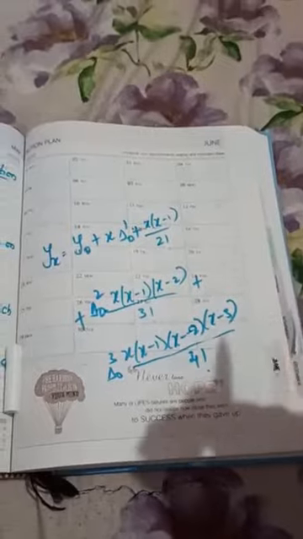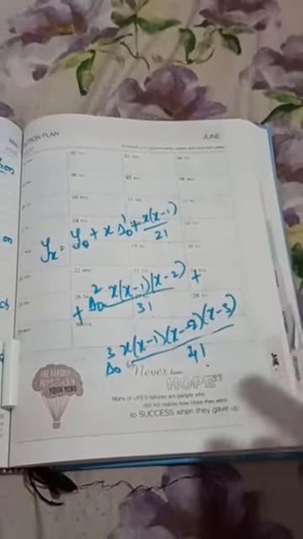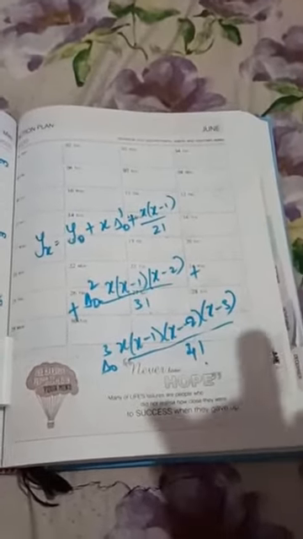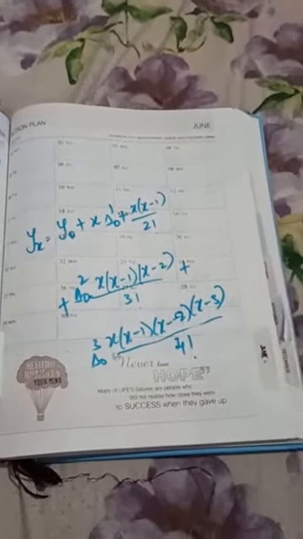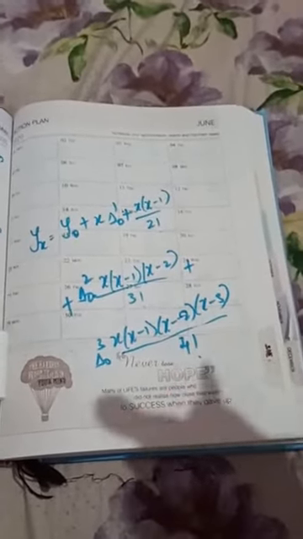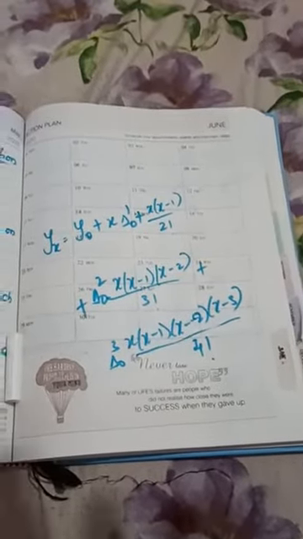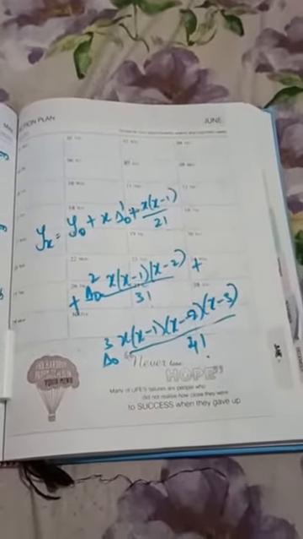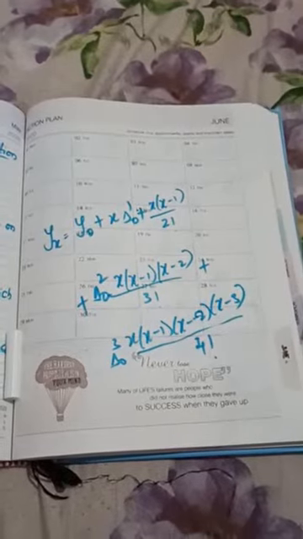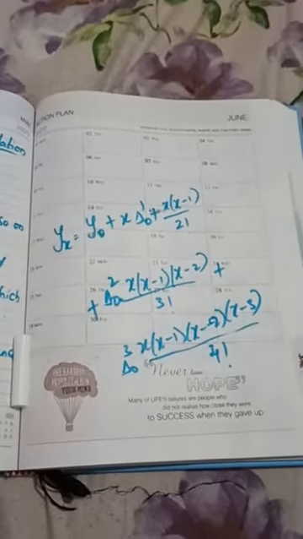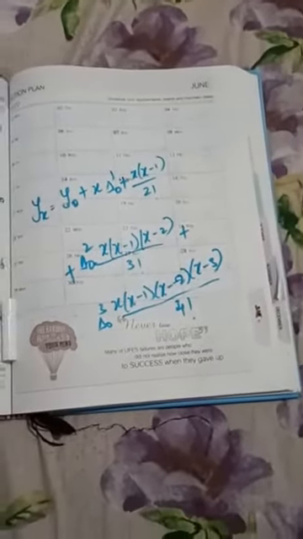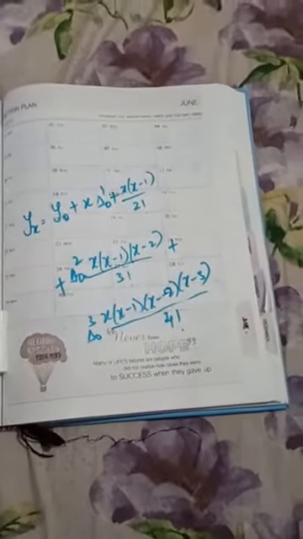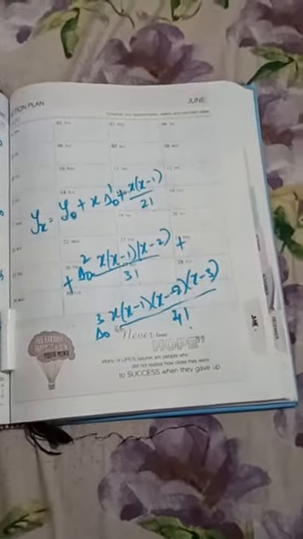This way the leading differences are to be adjoined to x minus 1 by 2 factorial, x minus 1, x minus 2 by 3 factorial, x minus 1, x minus 2, x minus 3 by 4 factorial, and so on, depending upon how many known values the data has. Clear? This is how the formula has to be remembered. Practice the formula. If you see the problem, you will understand Newton's method very easily. Okay, let us see the problem now.